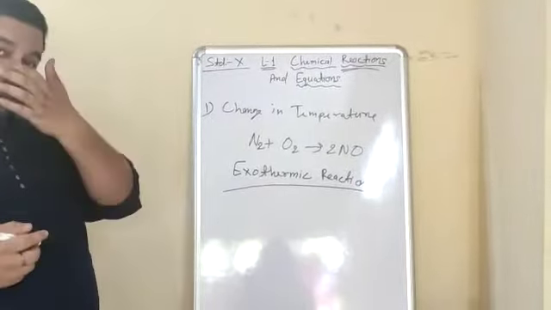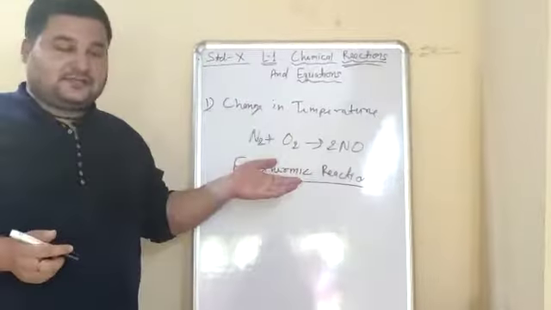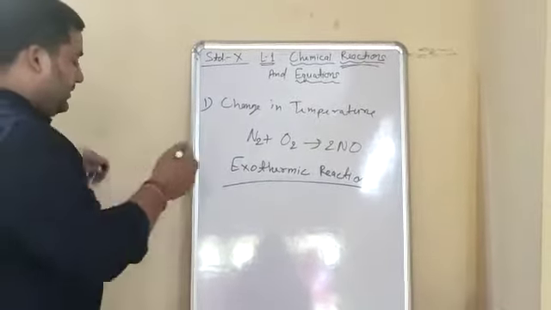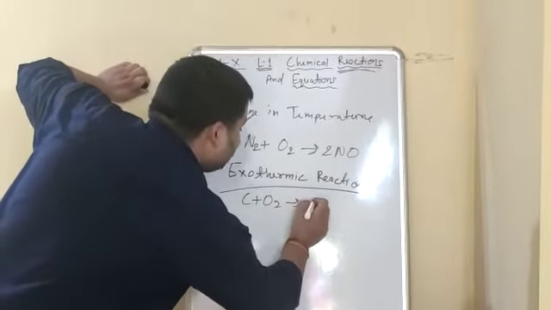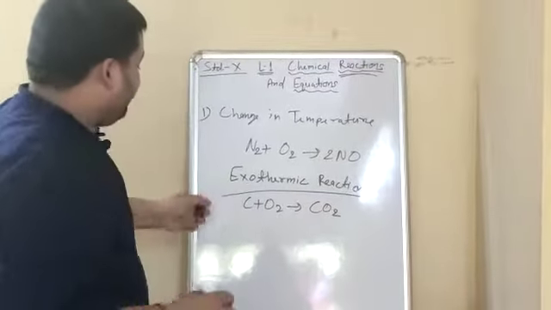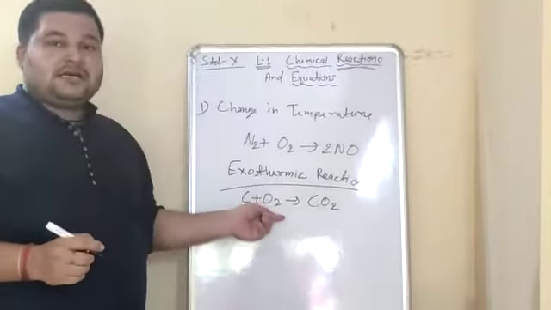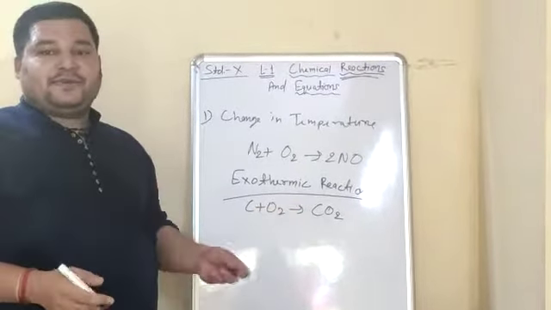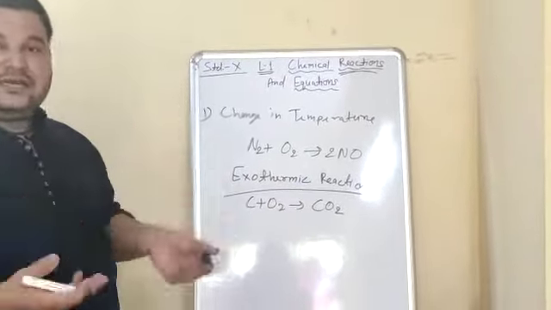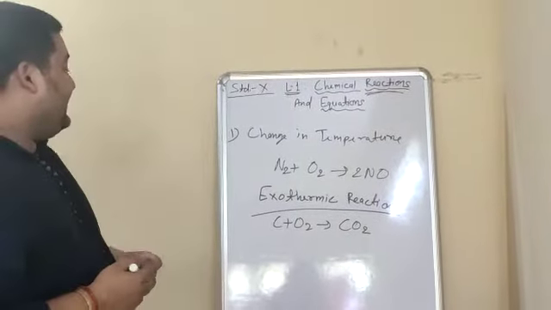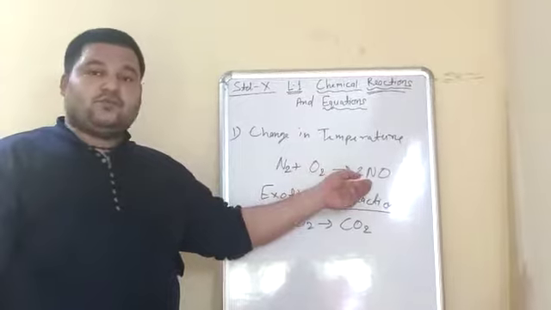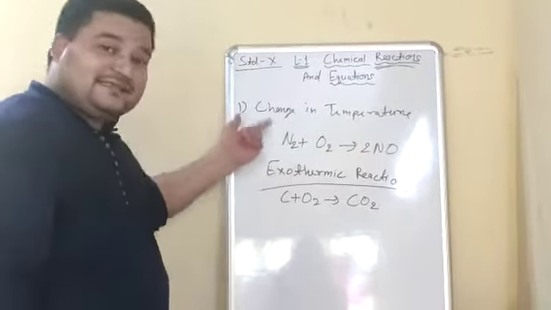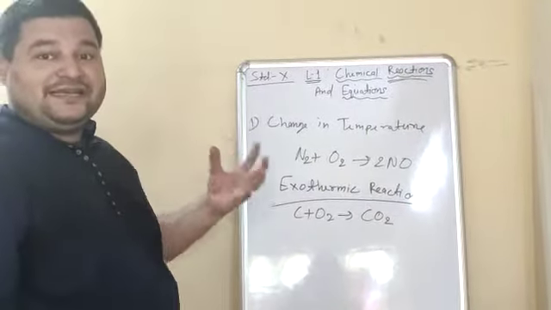Exothermic reaction is a reaction in which heat is released. For example, take carbon plus oxygen. Simple example. Here when carbon combines with oxygen, carbon dioxide gas will be released plus a lot of heat as well will be released. And here nitrogen reacts with oxygen, nitrogen monoxide is formed, and in this reaction a lot of heat is